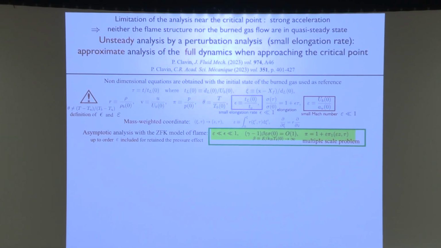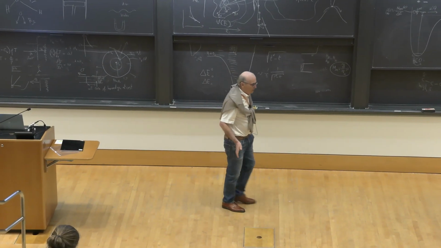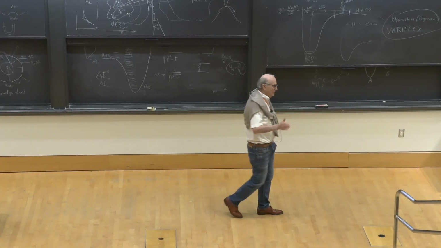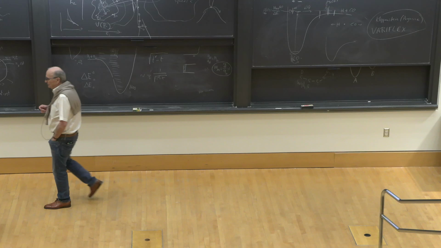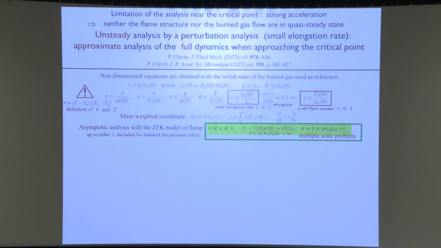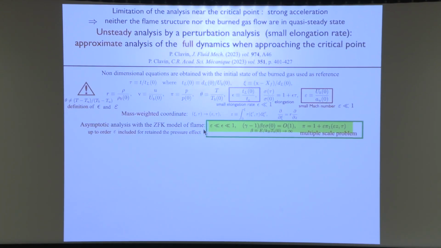Now, what to do now? We have to take into account this unsteady effect that I have neglected inside the flame structure and in the burn gas flow. I will not develop the detail, but I will tell you what limit I am using. The first limit I am using is that the elongation rate is smaller than